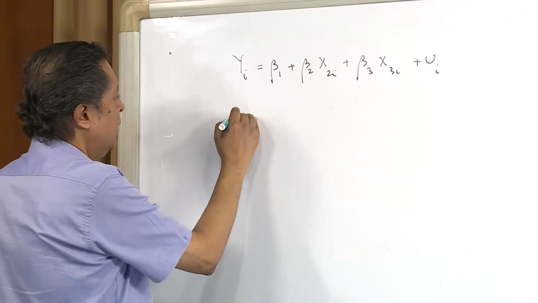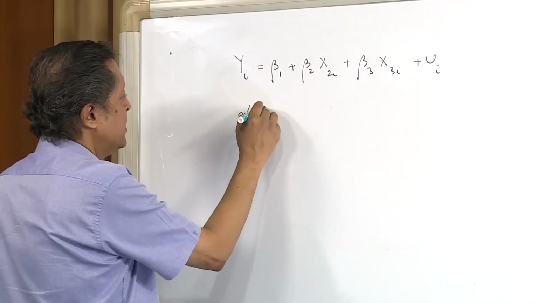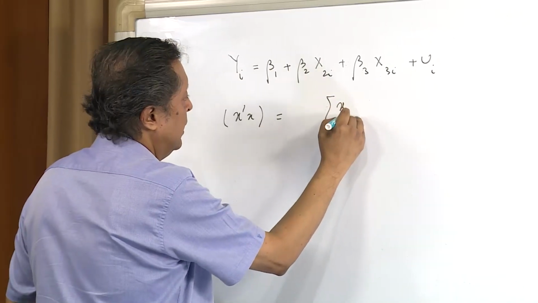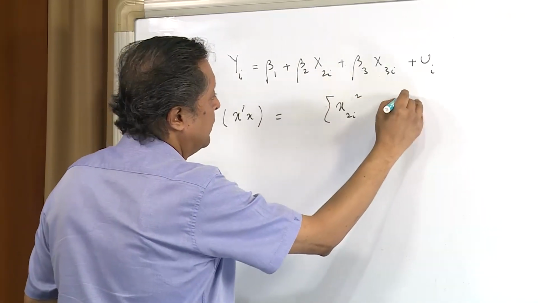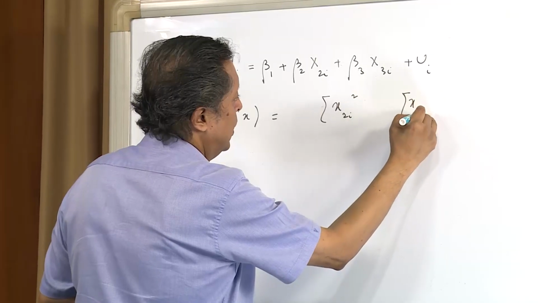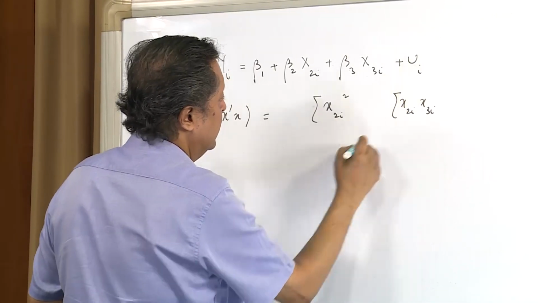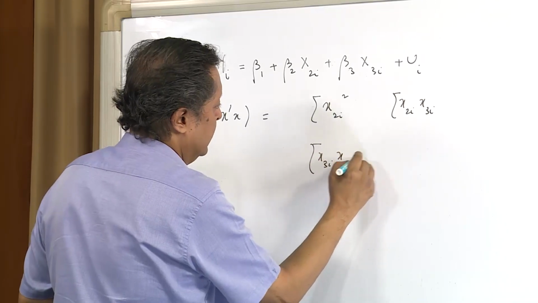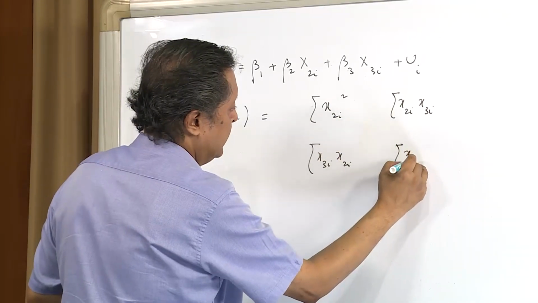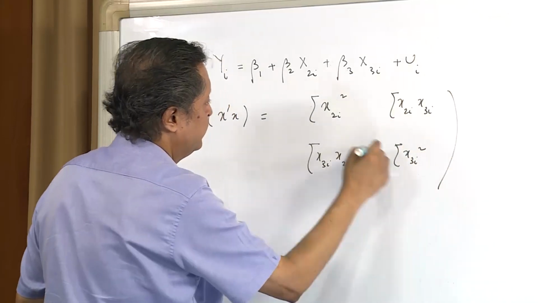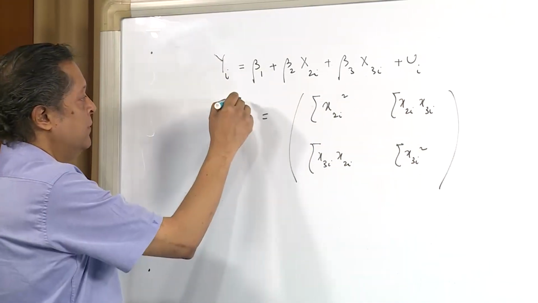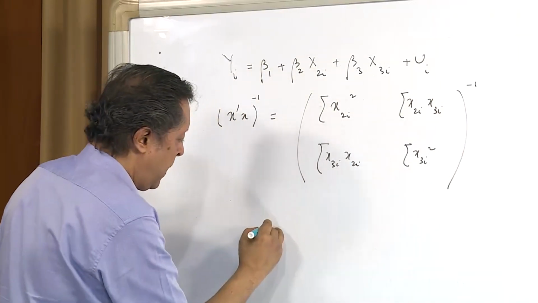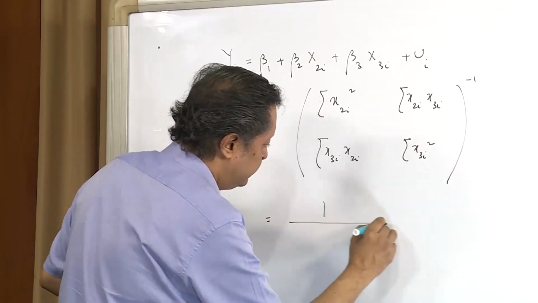So, here X'X will be given as the matrix with entries summation x2i square, summation x2i x3i, summation x3i x2i and summation x3i square. So, therefore, the inverse of this is given as 1 upon